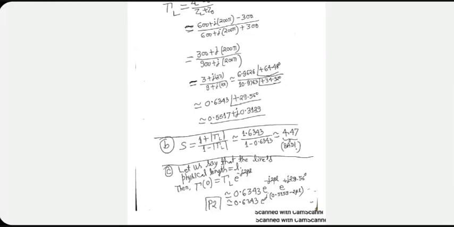If it's a perfectly matched load, the standing wave will be a simple horizontal line. There will be no maxima, no minima. Okay, and S will be 1 in that case. On the other hand, if it's an open circuited line, S will be infinity. Minima will be almost 0, maxima will be almost infinity. Short circuited line, same thing. We can prove it maybe later. So B is simple enough. It's a real answer. Never give complex answers for SWR values.